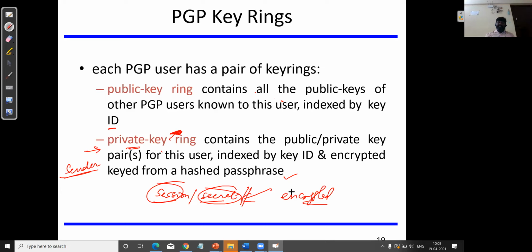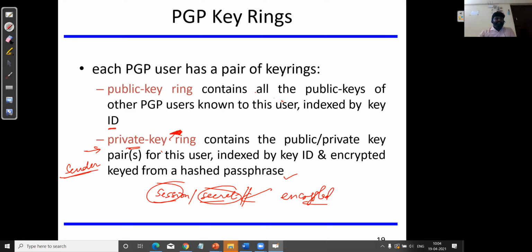As we already discussed several times, whenever you are storing the password, the password stored in the database is always in the form of a hash-applied value, or simply the encrypted version. Similarly, in the private key ring, suppose the user has a separate session key or secret key for symmetric encryption. That key would not be stored as a plain key value; rather, it would be stored in the form of an encrypted or hash-applied value.